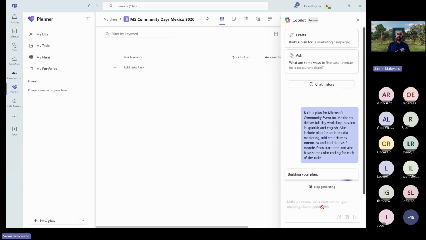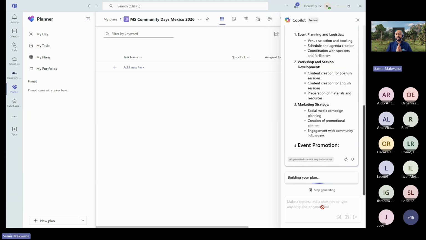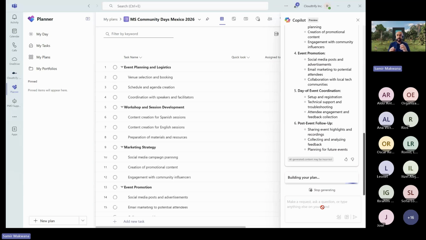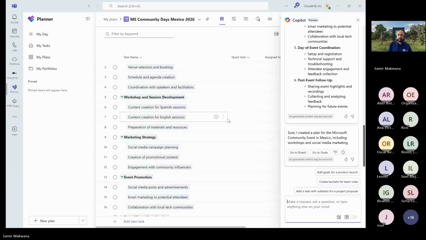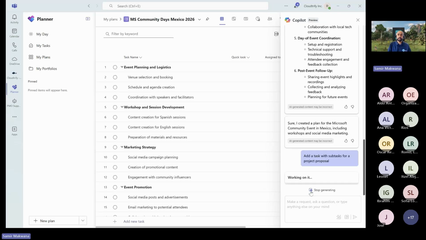So right now, I'm not using a default template. I'm using a blank template with the Copilot in Planner to generate the whole plan for me. So I'm asking to add some more subtasks for the project.